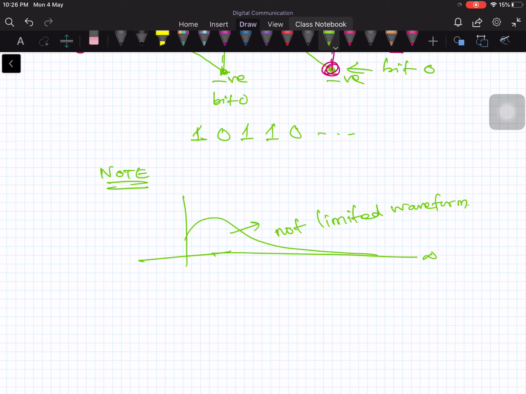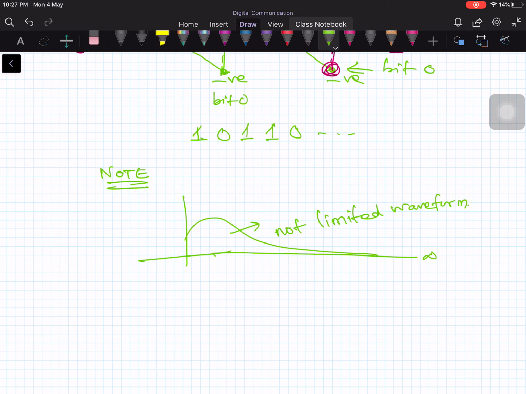In such a case, you cannot use this correlator receiver. For example, the Nyquist pulse that we have been talking about, if they are using those Nyquist pulses, then integrate and dump is ruled out. You cannot use it. So we can't share the same integrator over successive time intervals, because it takes a long time to carry out the integration, and moreover the output of the integrator will disturb the next time intervals also. Therefore, whenever you have time limited pulses, then you can employ this kind of correlator receiver.